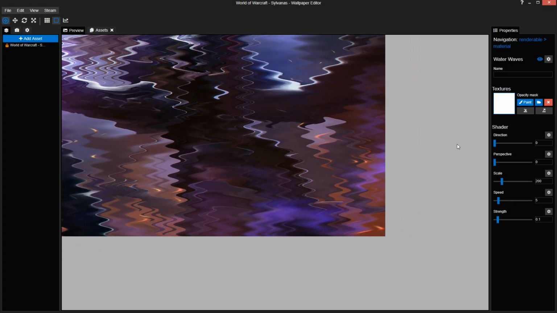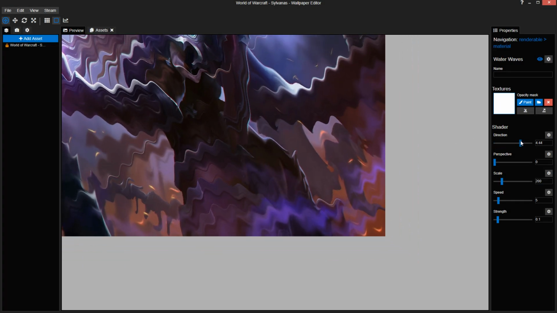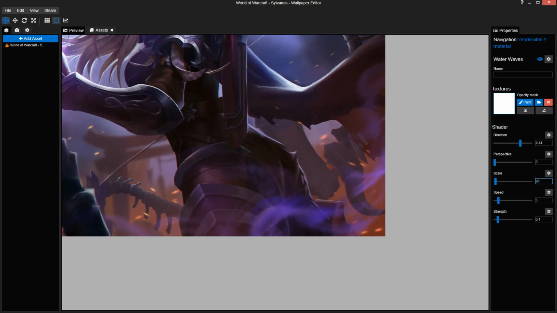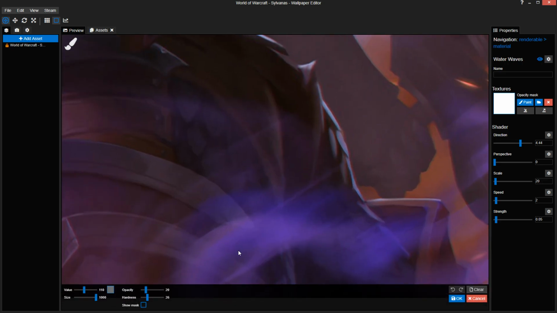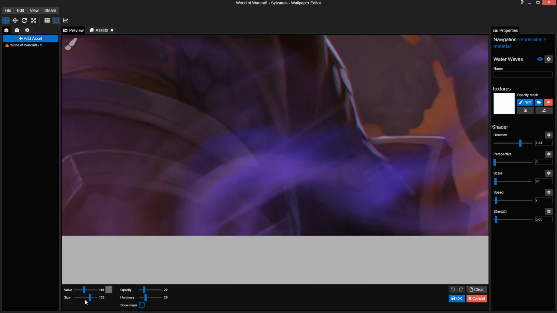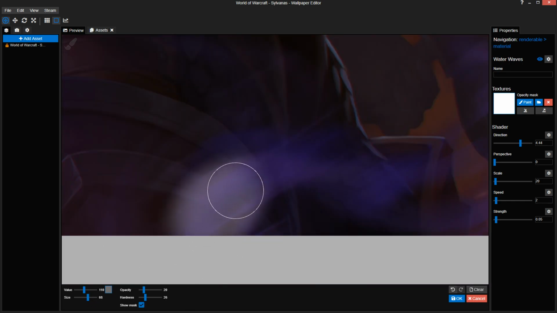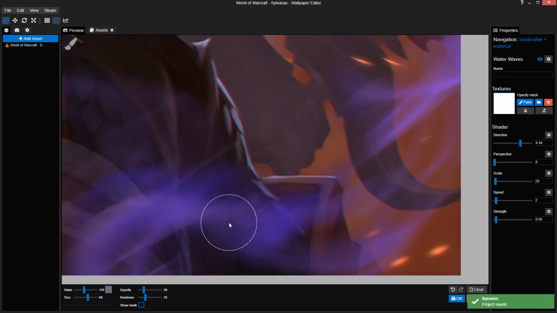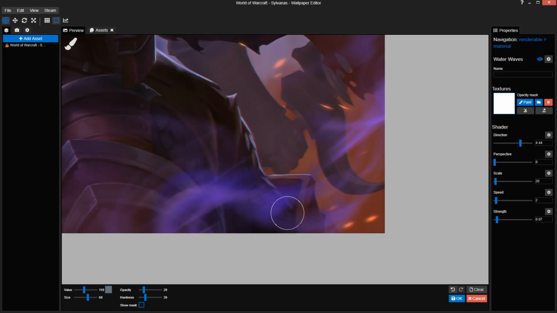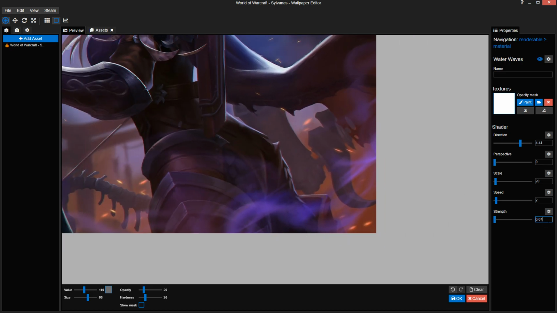We're gonna use another water waves. Change the direction again to the one we want. This seems about right. Slow scale, slow speed, and a low strength. Then we just grab a low value because there is an actual thing behind it that we do not want animated. So we're just doing a small, low animation. Grab it right and increase the strength a bit, so it's actually noticeable. That's a bit too much. 75, I'd say. That scale seems about right.